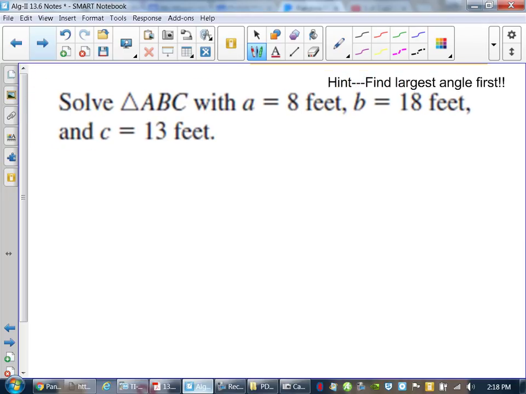Side, side, side. Again, big, giant hint: always find the largest angle first. So we have triangle ABC with little a of 8, little b of 18, little c of 13. Find angle B. Yeah, and this is where a couple people are starting to ask about what happens here. When you have this side, side, side case,